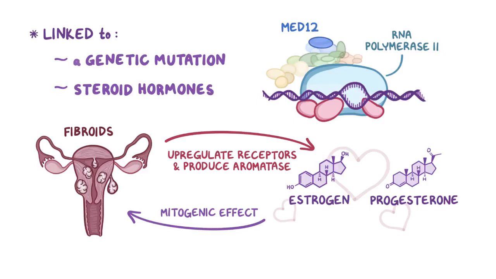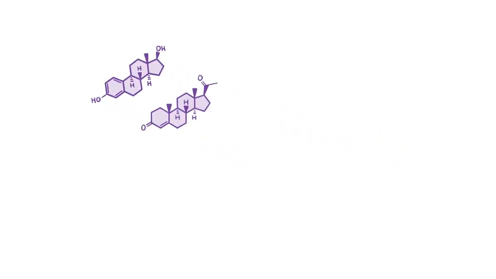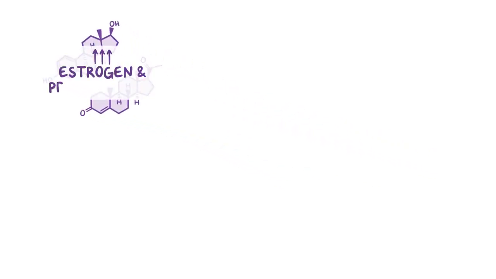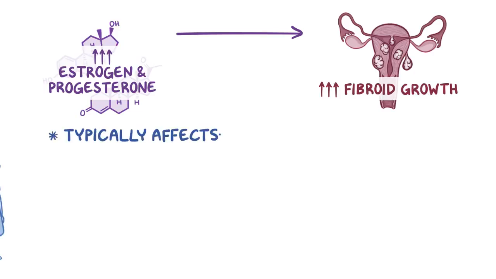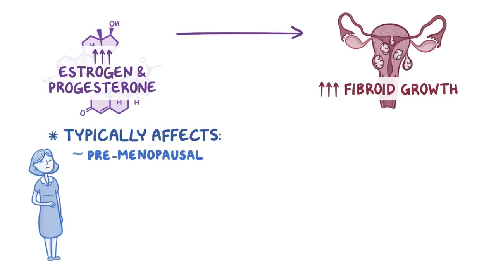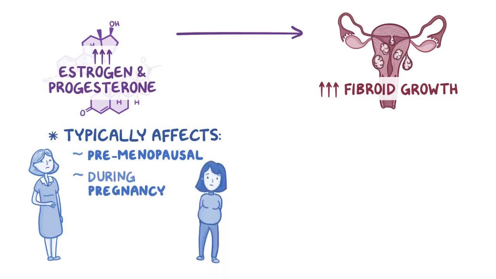Estrogen specifically upregulates growth factors like IGF-1, EGFR, and TGF-beta-1, and progesterone upregulates EGF, TGF-beta-1, and TGF-beta-3. So, the more estrogen and progesterone that are available, the more a fibroid is likely to grow. This is why fibroids typically affect premenopausal females, and why they grow rapidly during pregnancy, when there's a lot of